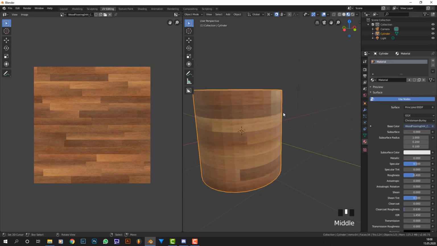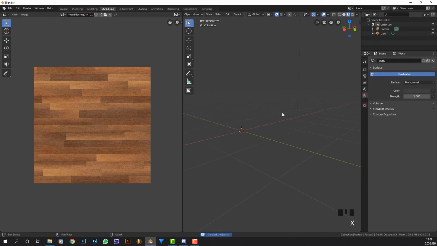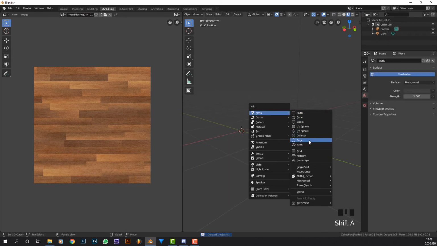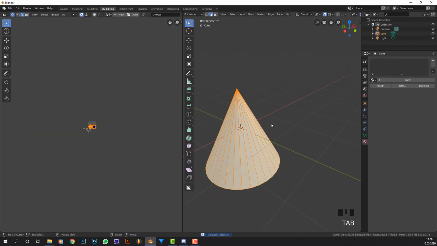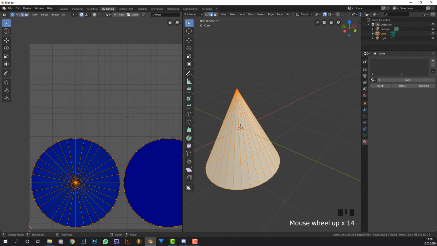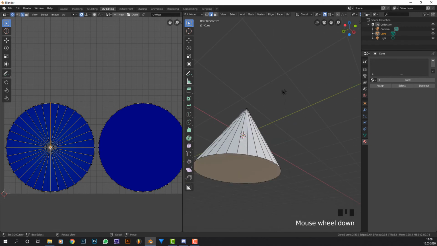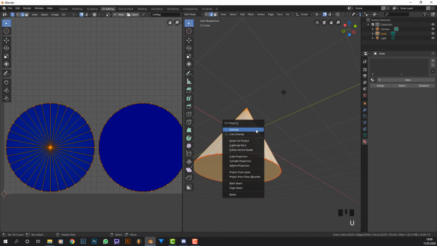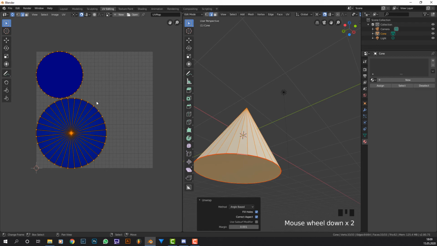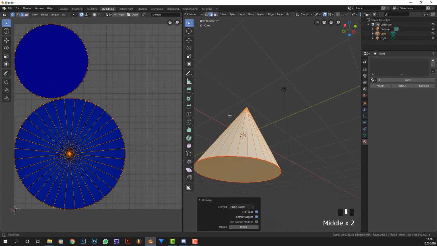So basically you want to unwrap it like I just did, and we should be fine. We can add in a cone, and here you can see that it's really a simple model, just because everything flows into one point. We can just get away with doing something like this, Control E, mark seam, and we should get the same unwrap. Yep, just a bit different proportions, but that is actually what we want, because otherwise we won't get the